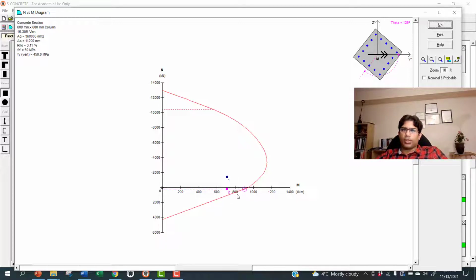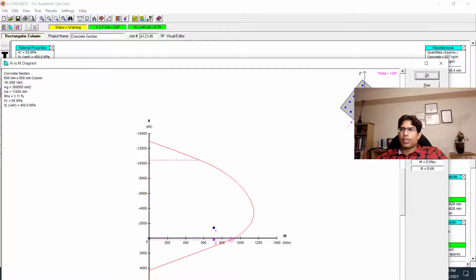If there's no uplift force, upward direction force, then this graph will not be there. Since if in your assignment, if you're considering only the vertical downward force, you will see only the top part of the graph. And in this case, since I considered axial uplift force, that's why it went downward. So for your assignment and for your final exam, you'll see a graph only on the upward. You'll not see the bottom part.